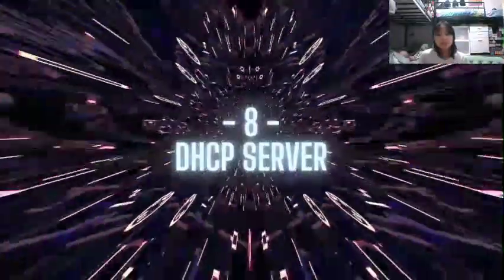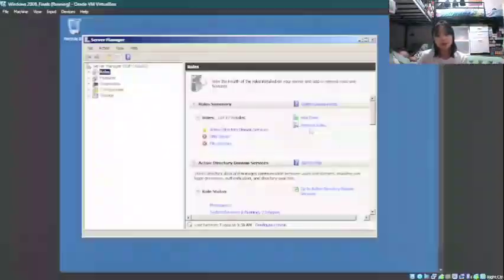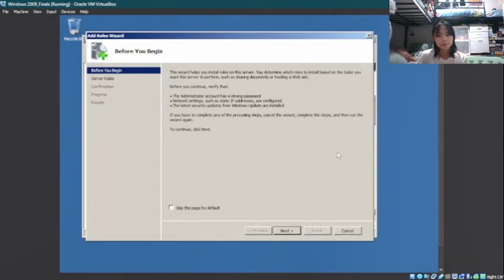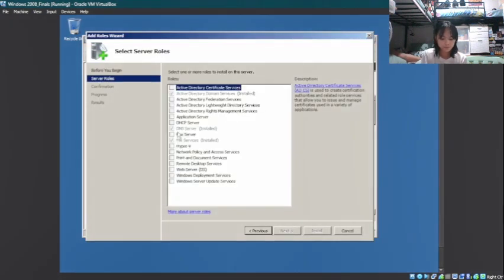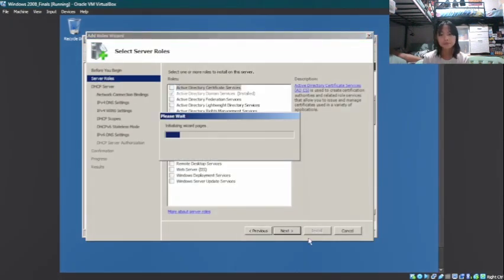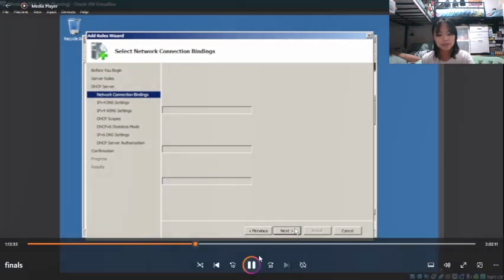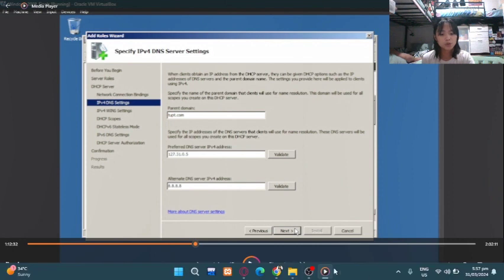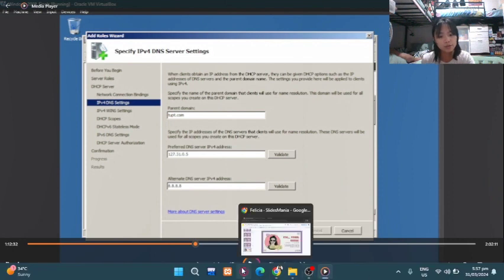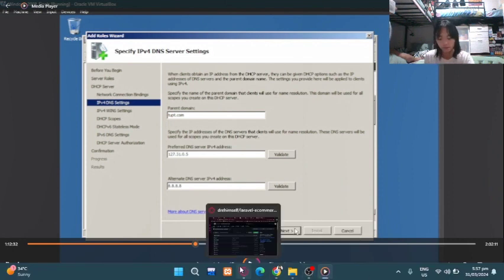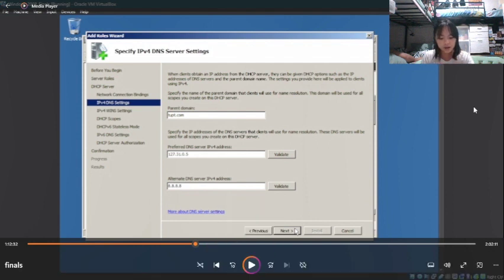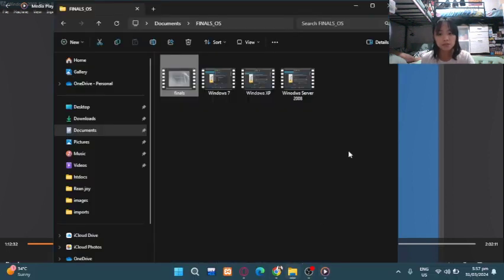Next is installing a DHCP server in our Windows. But before that, I am going to show you how to set the users so that they can change their password every 30 days. So for this,